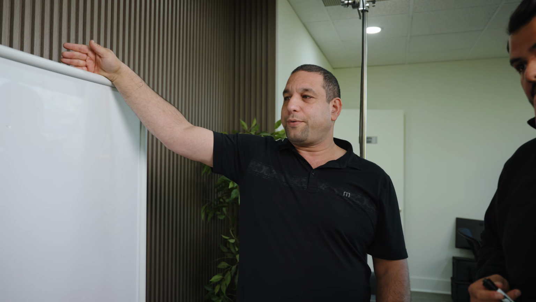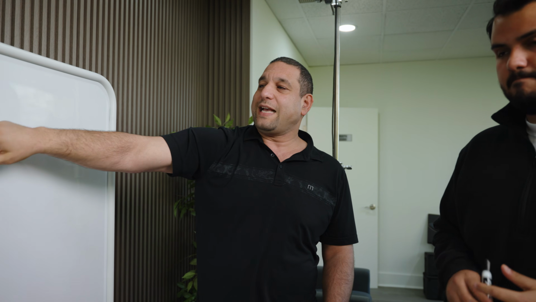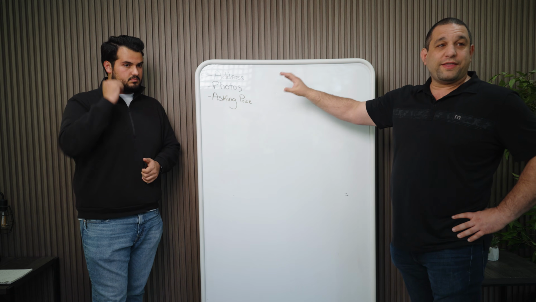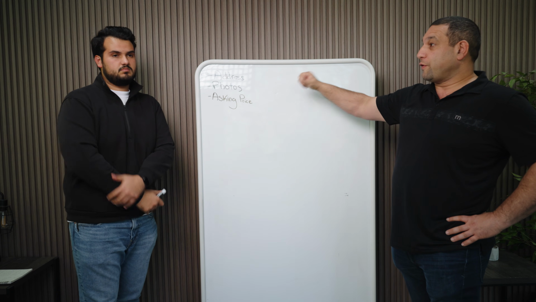Now we get over 100 properties a day. So 100 properties times 5 to 15 minutes, that's literally all day. Yeah. So if we didn't get asking prices, we would be wasting a ton of time. We have so much more time because we can eliminate 95% of the deals within less than a minute instead of 5 to 15 minutes. Exactly. So these are the 3 things we need when we underwrite a deal if we're gonna buy a deal.